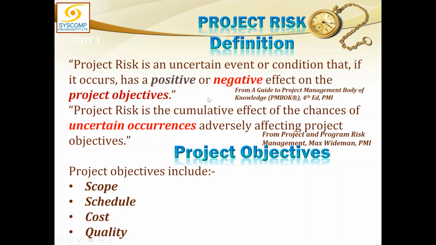And what are the project objectives? This also I have described to you earlier. We have scope, time, and cost. Scope, time, and cost are the three project objectives, and if you like, you can also add quality to it. But quality does not have a baseline. Therefore, we generally assume scope, time, and cost as the project objectives, as I defined earlier. These are the three objectives of the project, which, if not defined, the project cannot be defined.